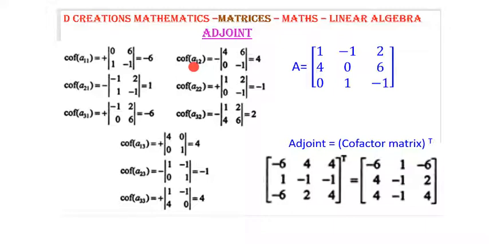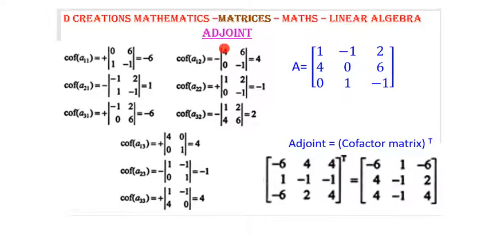All right, let's go back to element A12. So what is row 1, column 2? That means this. So exclude row 1, exclude column 2. What are you left with? 4, 6, 0, minus 1. Take its determinant. Now in the earlier case I did not explicitly mention the sign, because now we know that for A11, 1 plus 1 is 2, minus 1 raised to 2 is plus 1, so the sign doesn't change. So I did not mention anything there, but please understand that we have assigned a plus sign there. So in this case, what do you get?